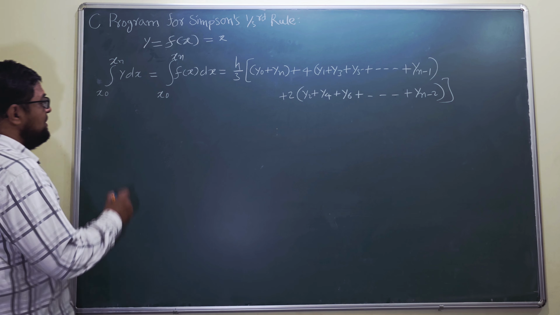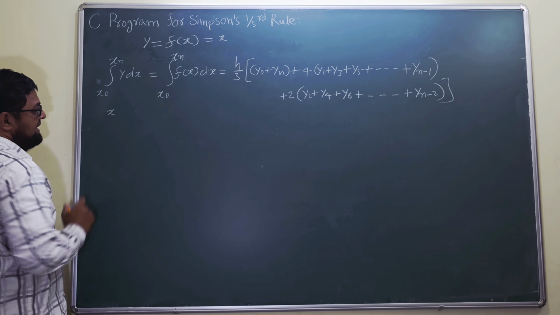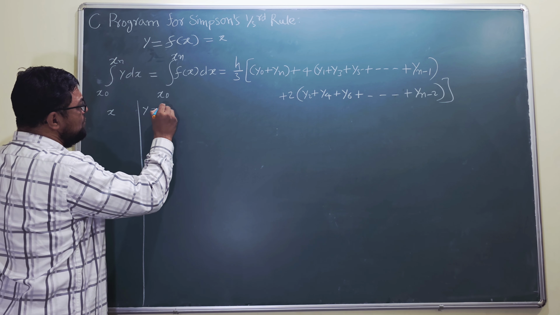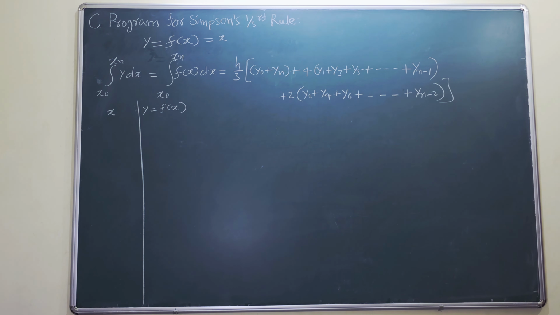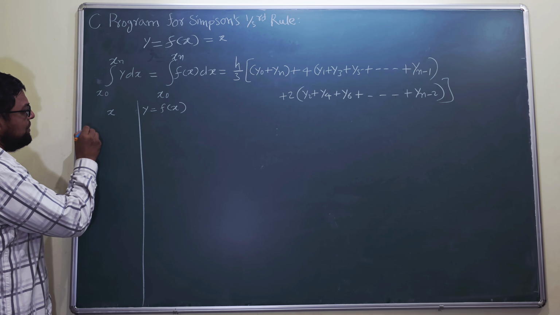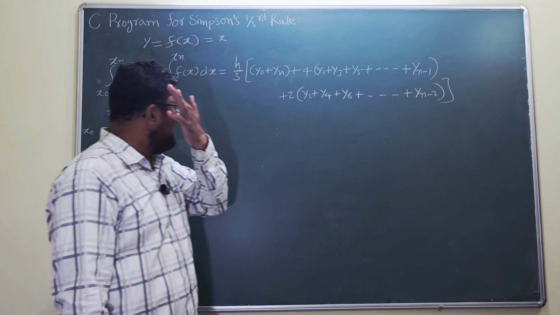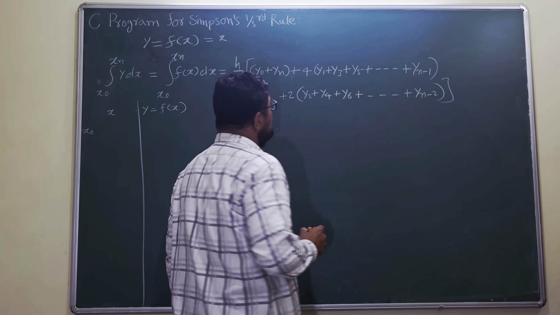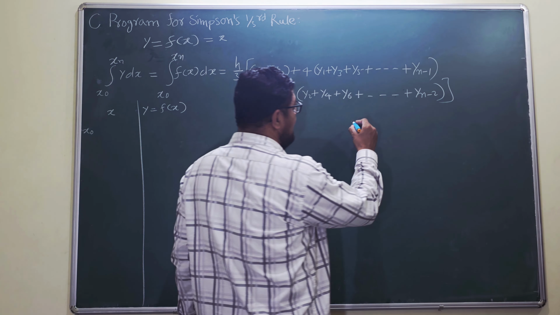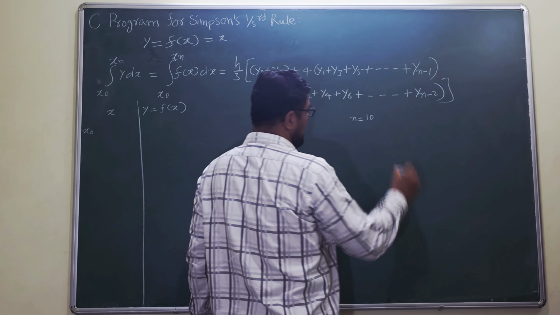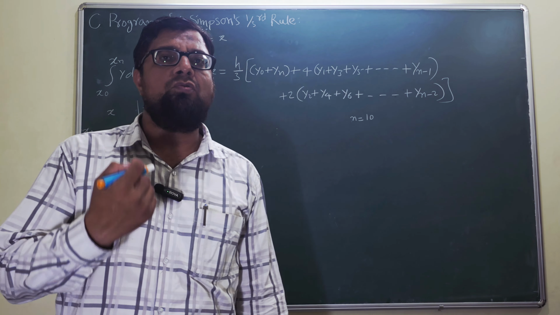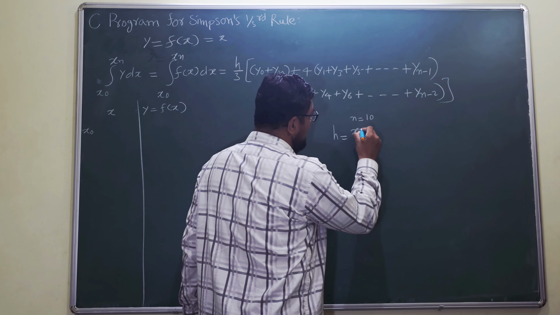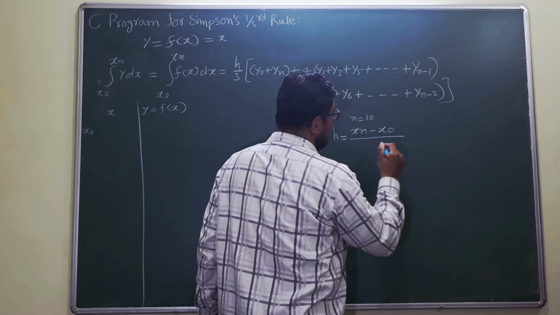So here we have x values, and then we have y, which is nothing but y is equal to f of x. Okay, so first we have say x0. Now suppose here we have y is equal to x, and suppose the number of parts which are used here are small n, and that small n is equal to suppose 10. Okay, then we can find out what will be the interval. The formula for the interval is h is equal to xn minus x0 divided by